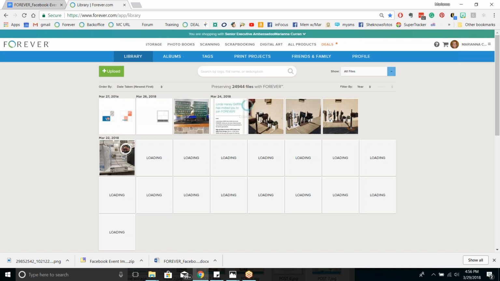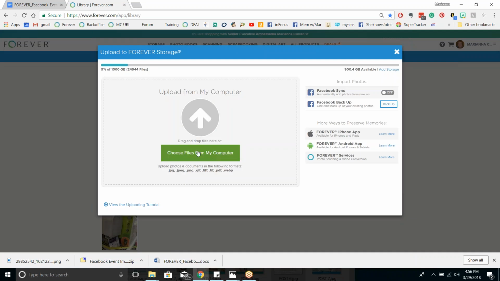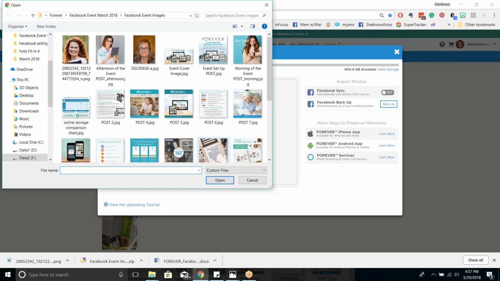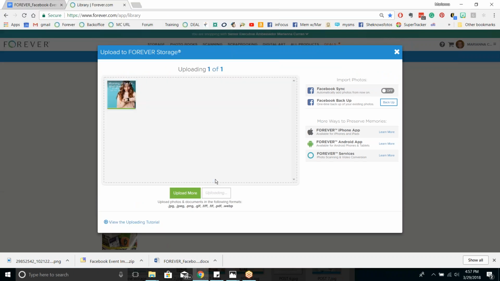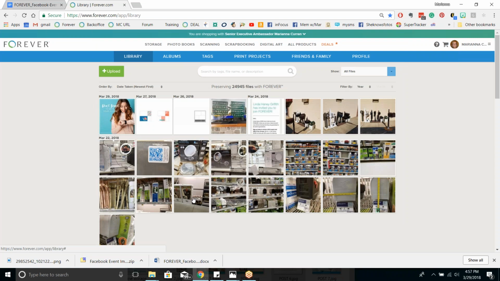And when you first go to it, it will prompt you to start uploading photos, but it is as simple as clicking this upload button right here. When I click upload, then it will browse out to my computer. I click choose the files, and I'll just select a file that we used earlier in this Facebook event, and you can see that it already uploaded. And when I'm finished uploading, I say I'm done uploading, and you will see that photo has now popped up